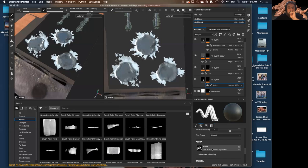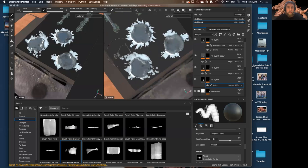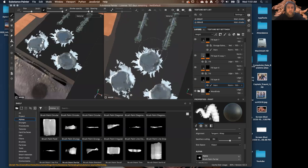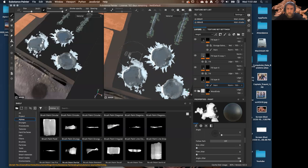Kind of like this. Let's see what we can do with this. Just gonna increase my brush size here. Does that spin? Ooh. No, it doesn't spin my brush around though. Okay, so let me just get like an angle jitter and maybe it'll kind of...